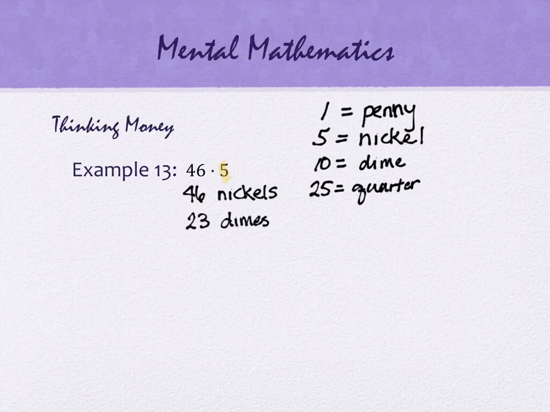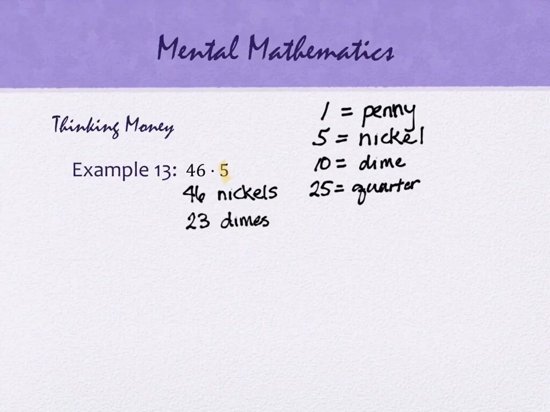How are 46 nickels related to 23 dimes? Why does that work? Yeah, 2 nickels is equal to 1 dime. So if I took my 46 nickels and traded them in 2 at a time, each pair for a dime, I'd have half as many dimes when I'm done. But 23 dimes is easy